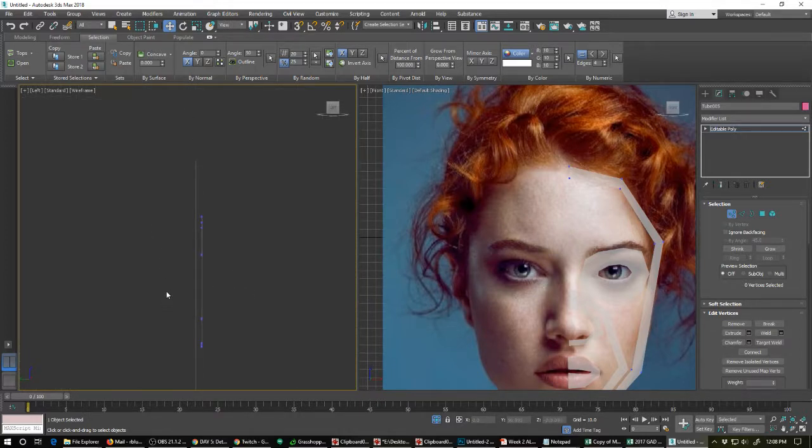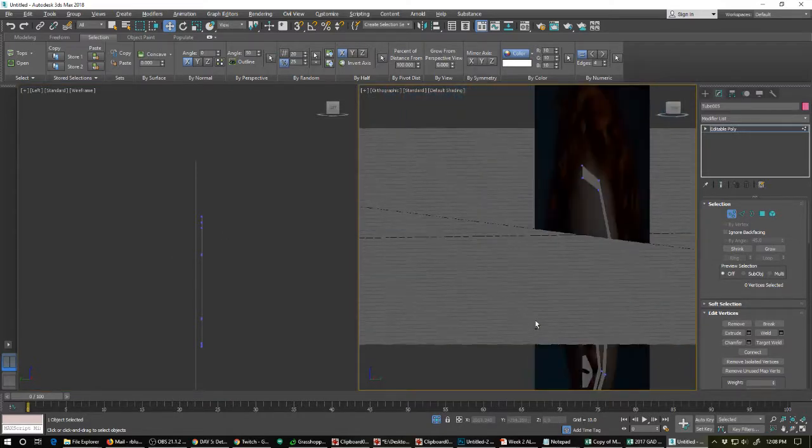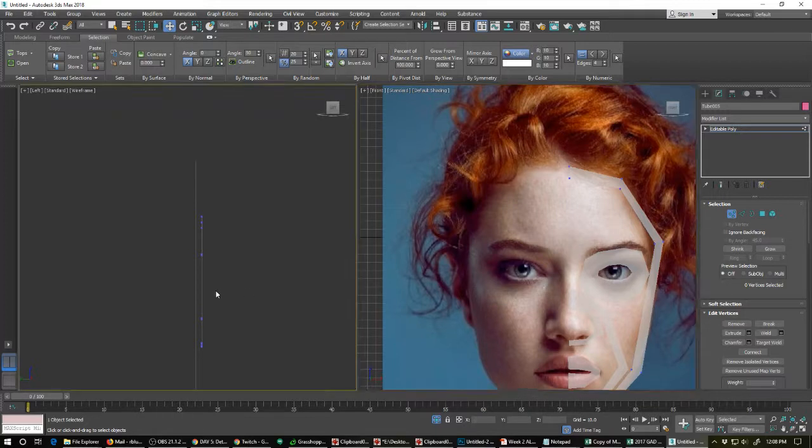So with my face in mind, and I'm just going to kind of see where this is, so let's shift that. This one's viewport right. Okay. So now with this in mind, you know what, maybe I will grab a side face. No, I won't. I don't need it. Okay, so